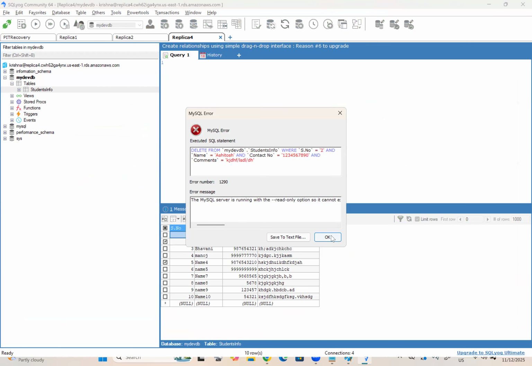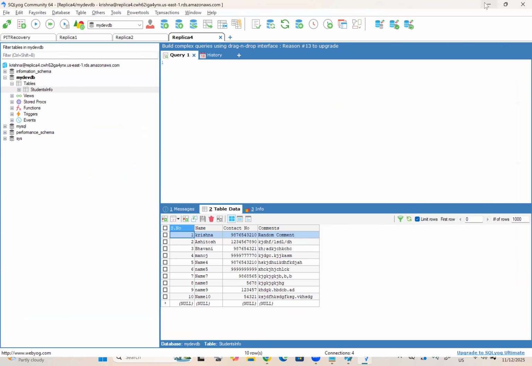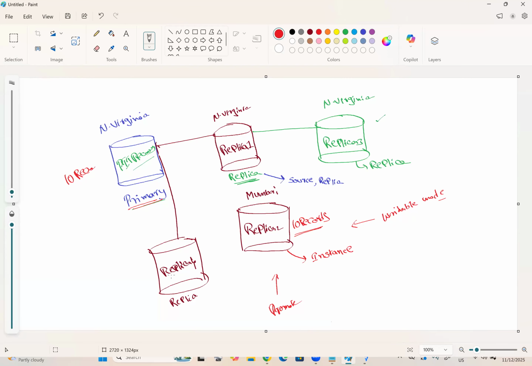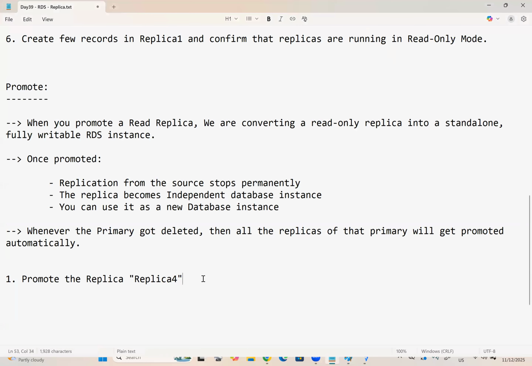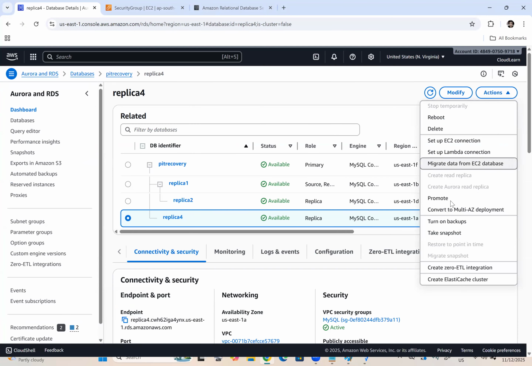Yes, you should get an error. But once it got promoted, you can do all these operations. Let us verify that. So now let us promote replica 4 and observe the role changes to instance. Okay, so how to do that? Select the database which you would like to promote. Click on actions, promote,